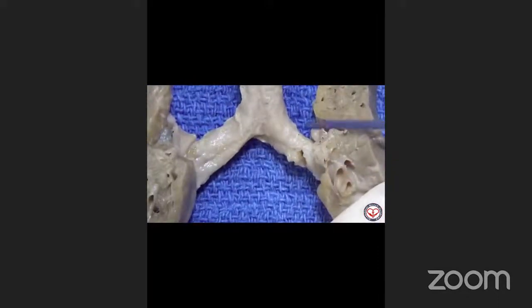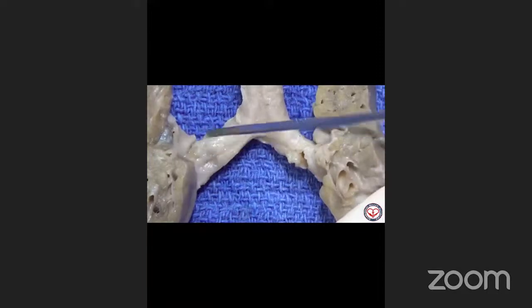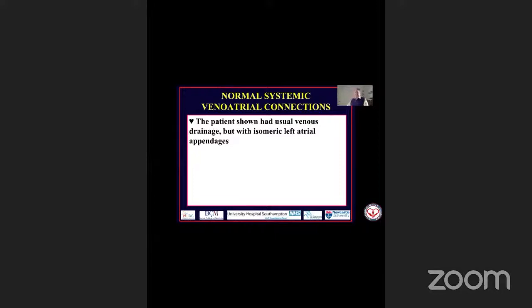And here we can nicely see the pulmonary artery segments on each of the lungs. So what Diane has now shown you is that in that patient, that heart you've just seen, in which there